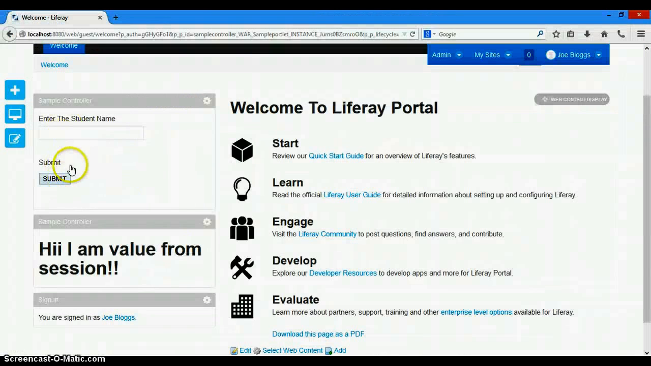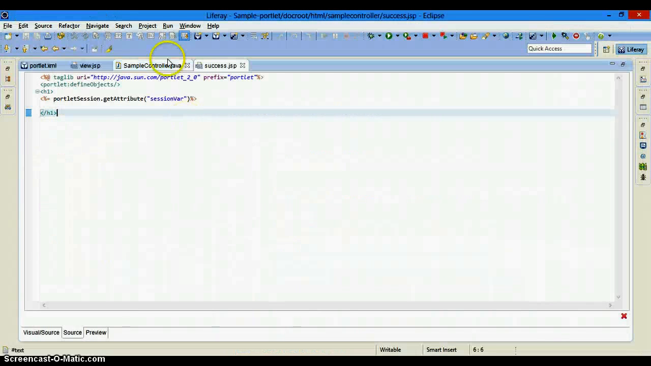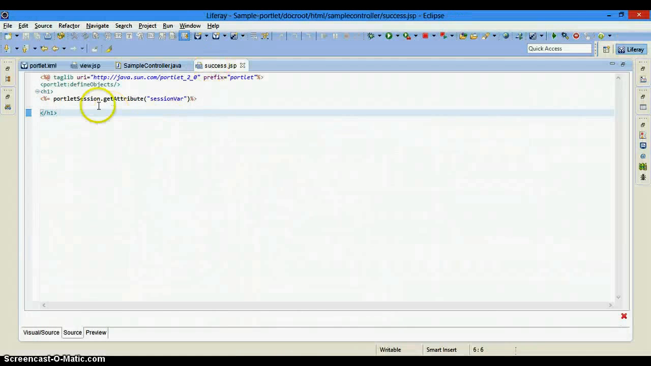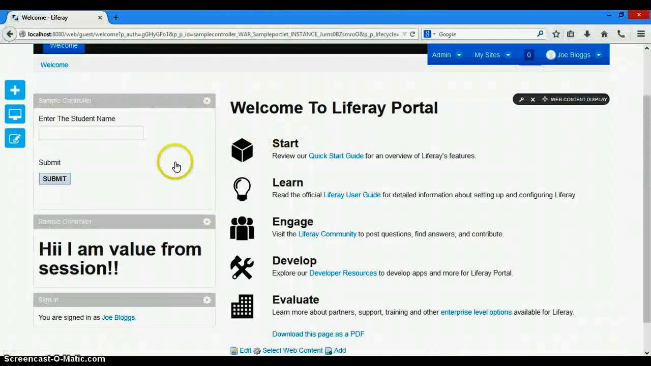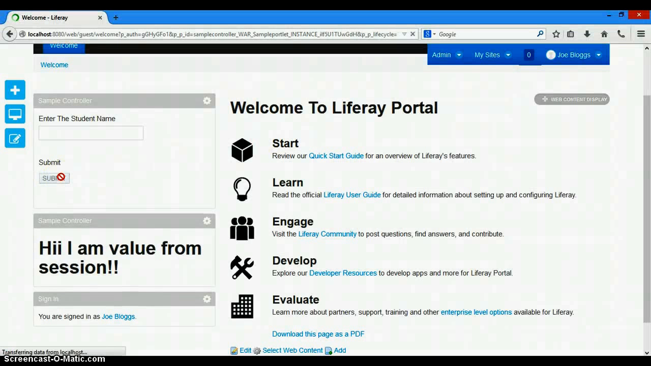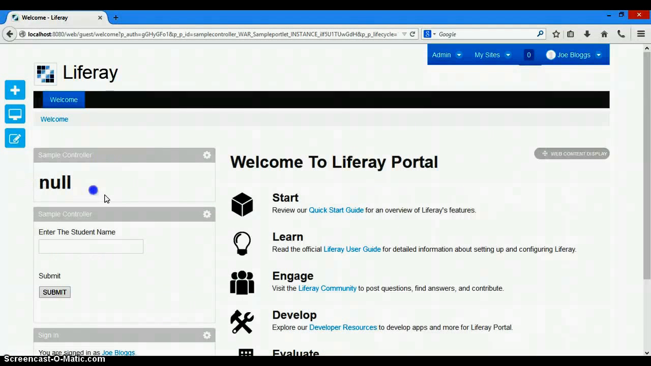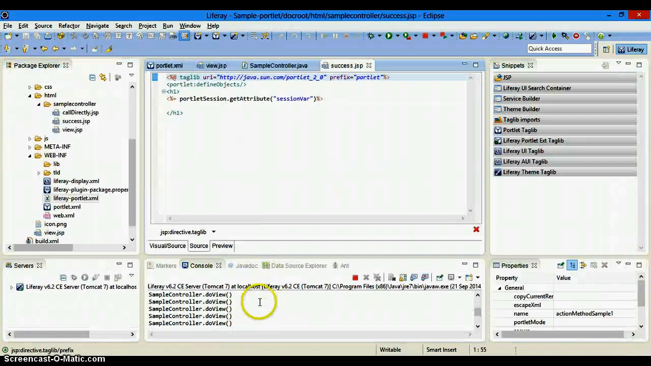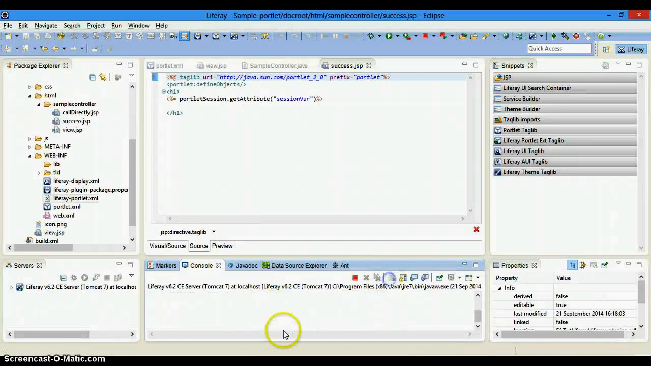So when this action is called here, it will come here. There will be no setting of session for this particular instance. Then it will go to the success.jsp, and here it should print out null. Let's check whether it is doing the same or not. So I'm going to submit it. See, it's null. So this proves that the session attributes are being set for a particular instance